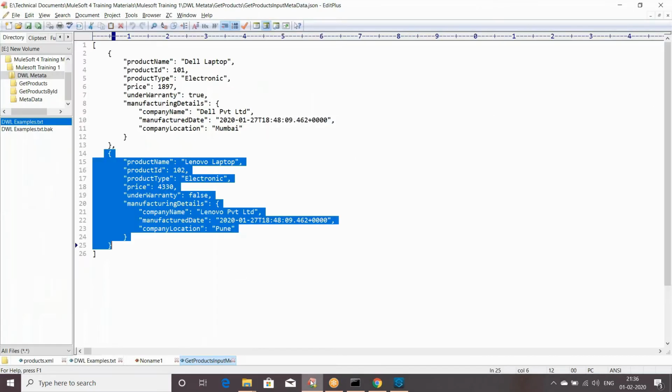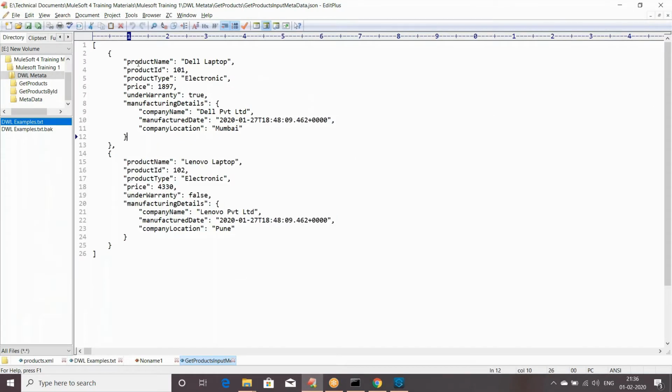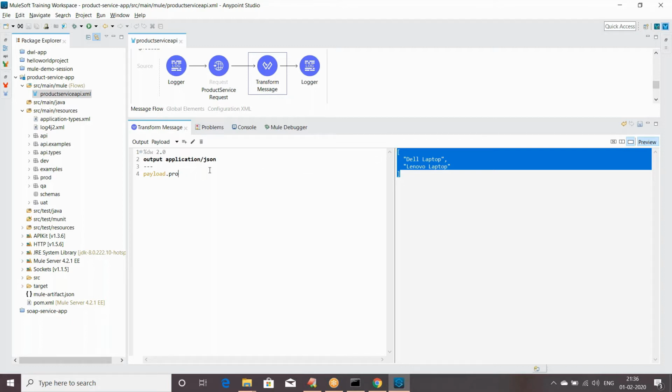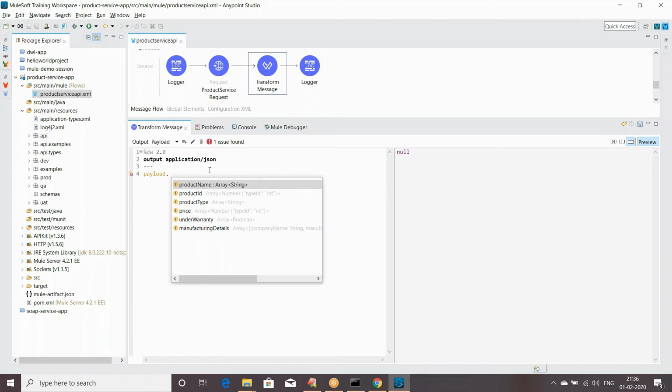So if I go back over here and retrieve this, it will return the product name details of the first index as well as the second index. That's why we are getting values for both product names. Similarly, if I change this product name to something, let's say product ID,